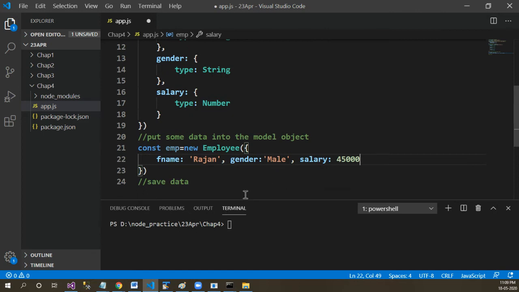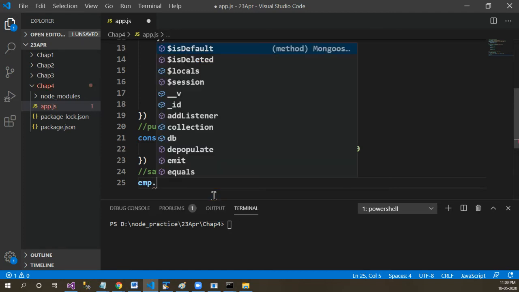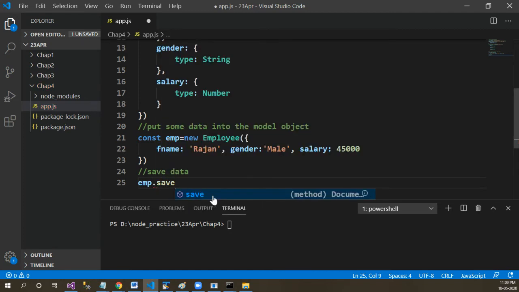So this is the sample data that I have provided for the employee collection, and let's dump this data into MongoDB. In order to dump this data, you need to write the model that you have just created, emp.save, and this will save the data to Mongo.